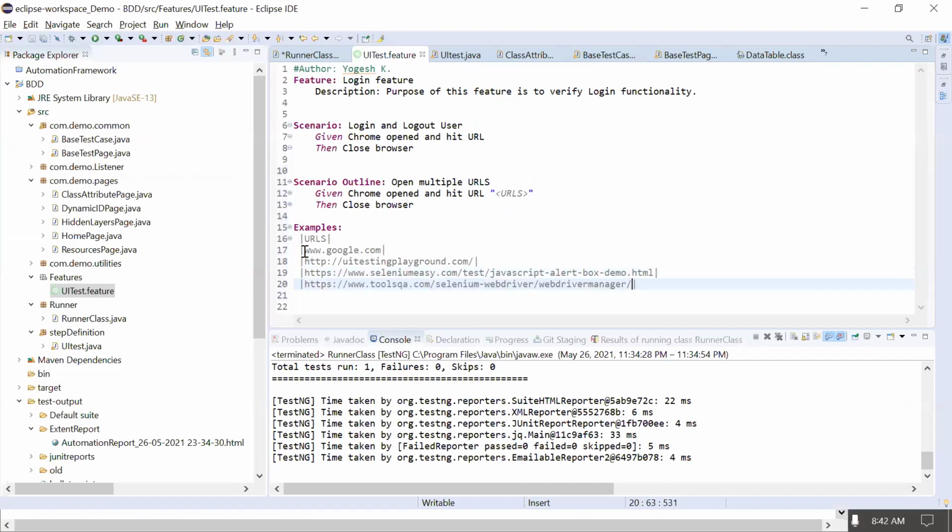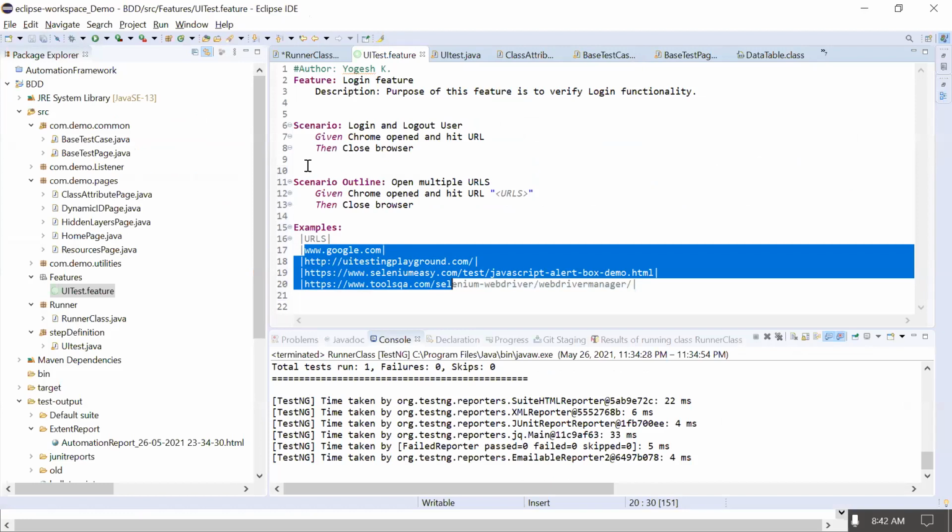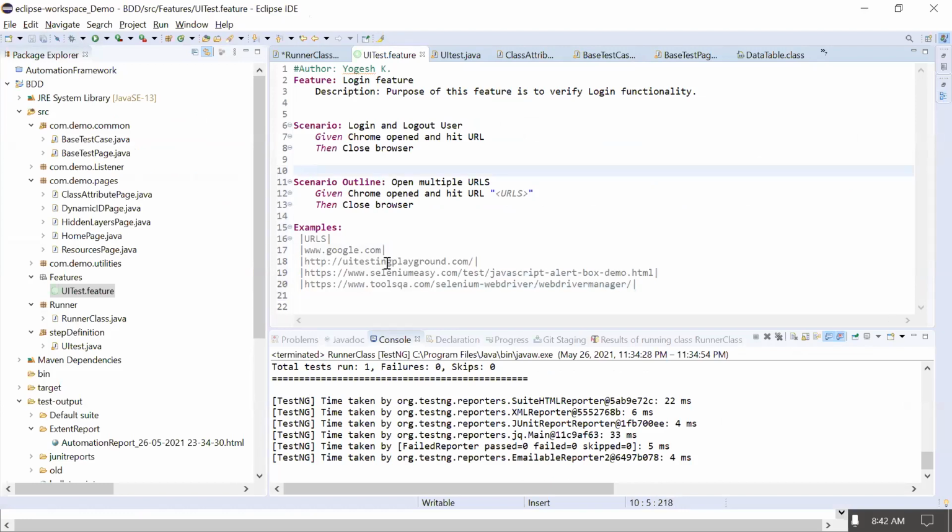I have written these multiple URLs. My intention is that this code should open all the URLs one by one. So I have to write the code for this, right?